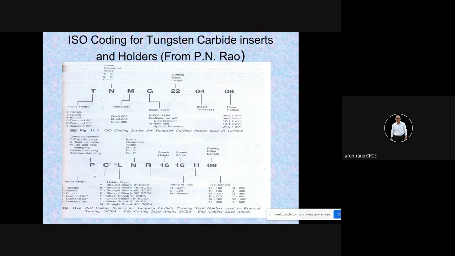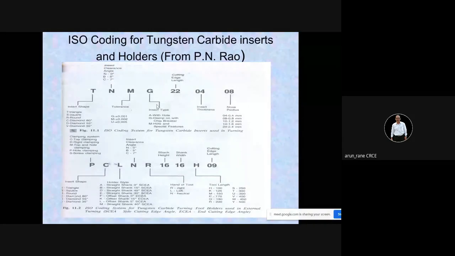Because you cannot go on writing that I want an insert which is triangular in shape, the front clearance angle should be 0 degree, then tolerance on the thickness should be plus minus 0.001. So you never order in a descriptive manner. In just one line, it is going to save your 15 lines. In just one line, you can write what you want.